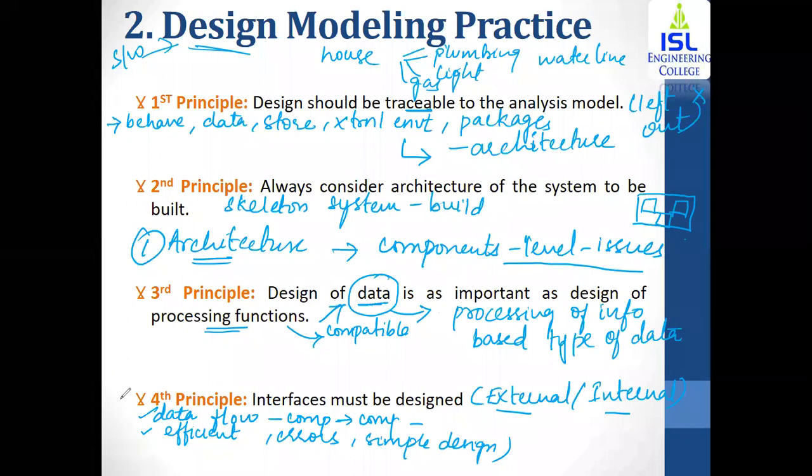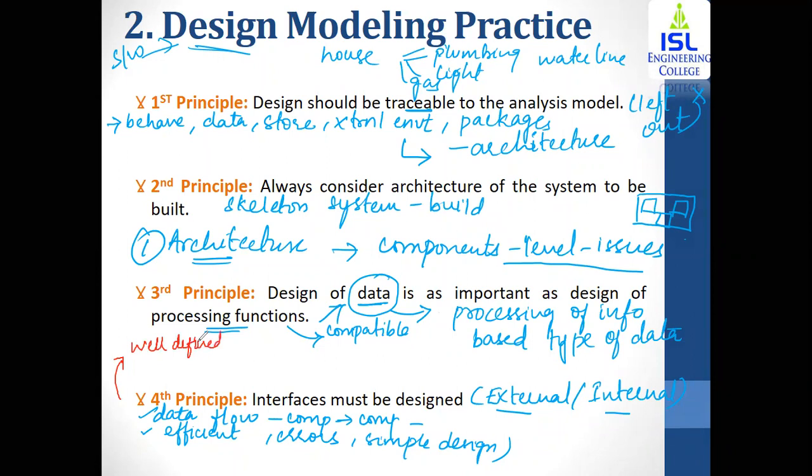Now, if you have a well defined interface, it is going to help with integration of components. That is, if a software is made up of 3-4 components, how you're going to integrate all of them within the architecture becomes easy. And then it also becomes easy for the testers, that is the people that are going to test, to identify whether each and every component is doing its function, whether it is completing its task or not.